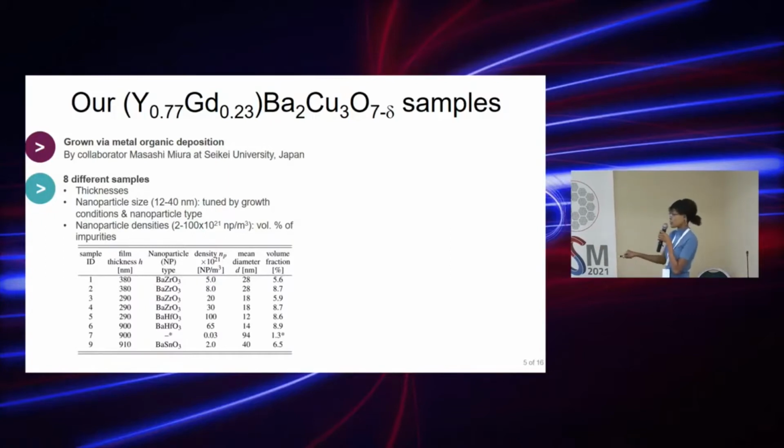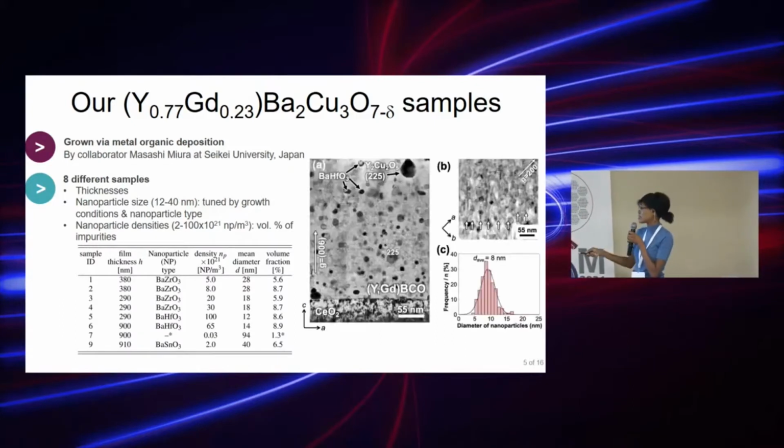And then some other samples contain barium zirconium oxide nanoparticles. Additionally, we have a reference sample that does not include an impurity phase. So in the image that you see on the right, this is a transmission electron microscopy image showing a cross-section of one of the samples that contains barium hafnium oxide nanoparticles, which are most of the dark spots that you see here. We have identified 2 spots that represent